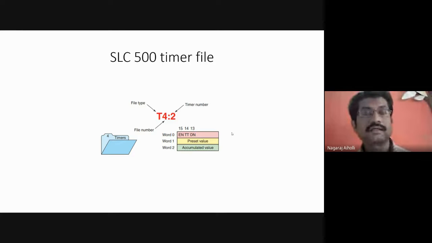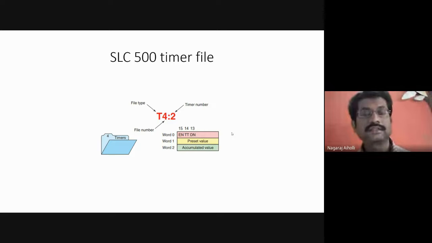Once the timer reaches its final value or the set point value, here the set point value we have given is 60 seconds using the stopwatch timer, correct? Now once it reaches 60 seconds, that is the set point value. This 60 seconds is called the preset time or the set point value.